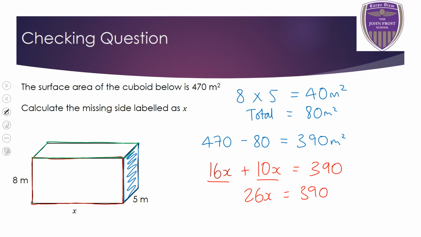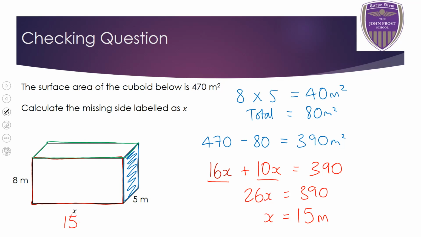So 26 times something is 390. It looks worse than it is. Just do the first step method quickly. 390 divided by 26 should give you 15, which means the answer for x is 15. So it's working backwards a little bit. If you want to check that answer now,